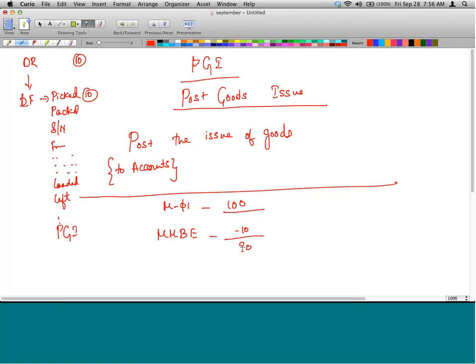So what is PGI? It is the actual process of updating the stock with the goods that have left the warehouse or with the goods that have come into the warehouse. When will goods come into the warehouse? In case of returns. In which case, the alternate name for it is PGR, Post Goods Receipt.